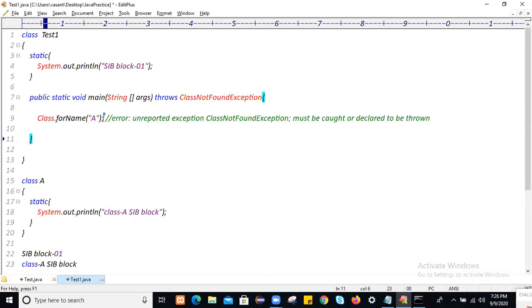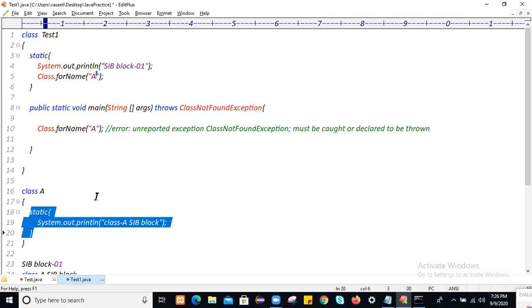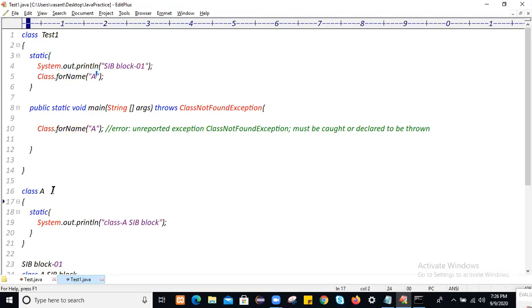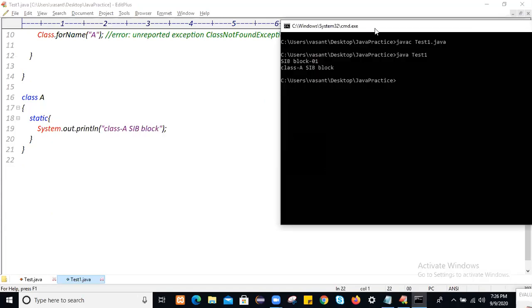So this is the static block calling statement. This statement is what, guys? Static block calling statement. If you write this statement here also, when this block gets started, the static block of this same class will get started. So this same class's static block logic will get executed. The moment you write this statement, it will invoke this class's static block. So let me compile this and I will show you. Then after that we'll write the note for that.